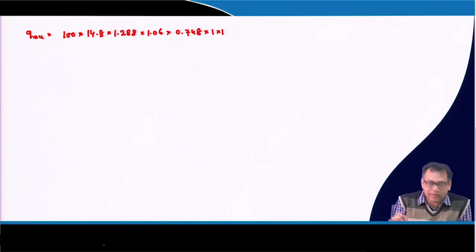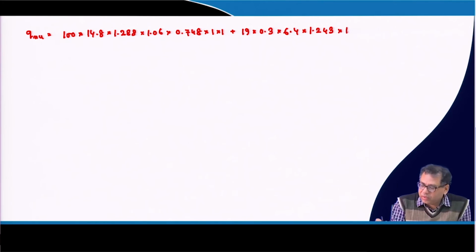Okay. So both the factors are 1 here, plus gamma is 90, DF is 0.3 into 6.4 into 1.243 into 1.047 into 0.787 into 1 into